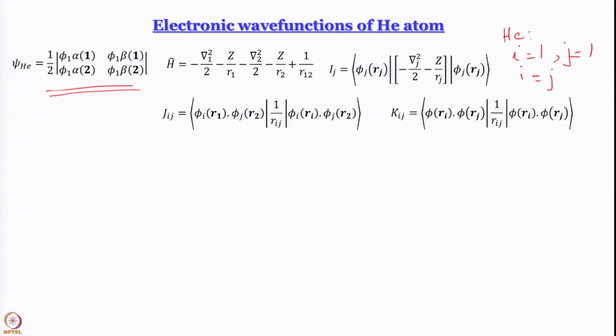Now, this was written in the earlier slide, but I will just show you here. Think of what happens to Jij and Kij if i is equal to j. All I have to do here is that instead of this j I will write i, instead of this I will write i. Actually this is not Rij, this is R12, sorry for the mistake here. If you write Rij, then you got a problem, right. That is why we write R12 here,